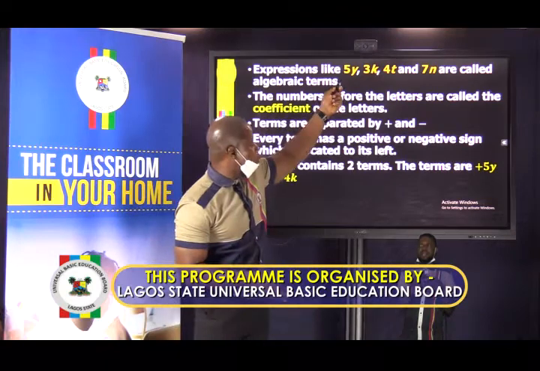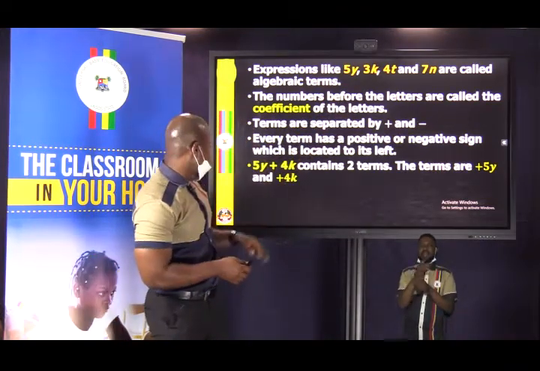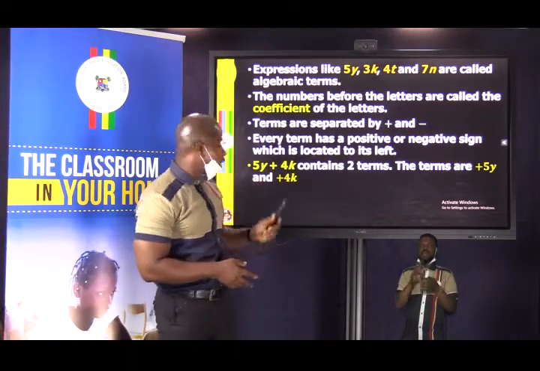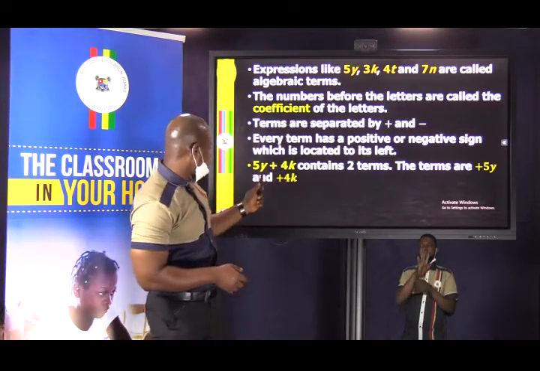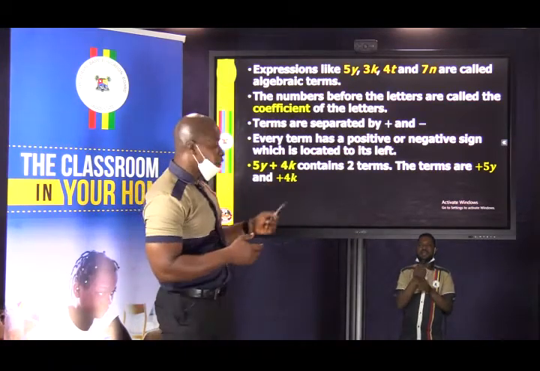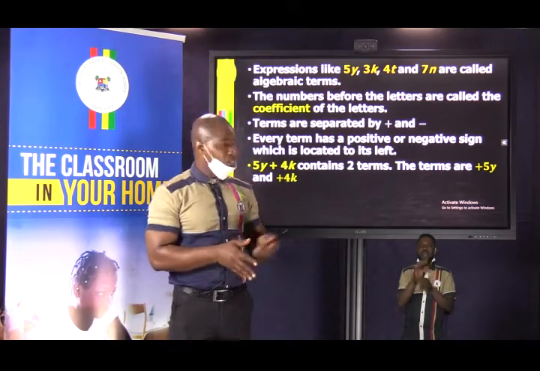So take it from the top. 5y is a term, 3k is a term, 40 is a term, 7n is a term. And look at this expression. This expression contains 2 terms, and the 2 terms are 5y and 4k. But when you want to identify the term, you have to identify every term with their sign. So don't forget that